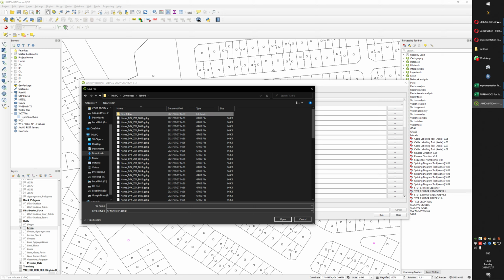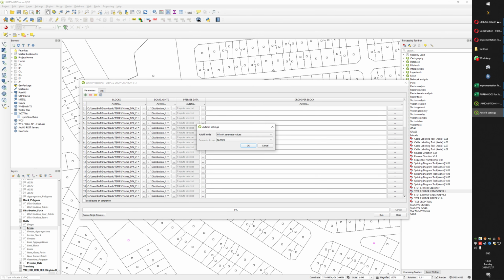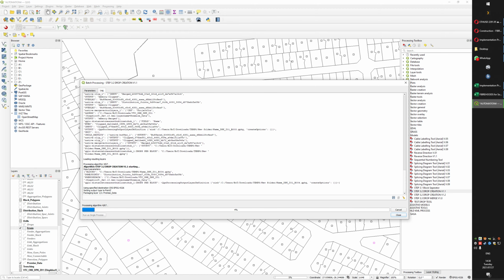So what I'm just going to do is create a new folder, and in this folder I'm going to add .gpkg. Like there. This is just an extension for the file type. So what you do is you click save here, you click fill with parameter values, and you select blocks, and it will add that block name for each one here. Now all you do is you run this,